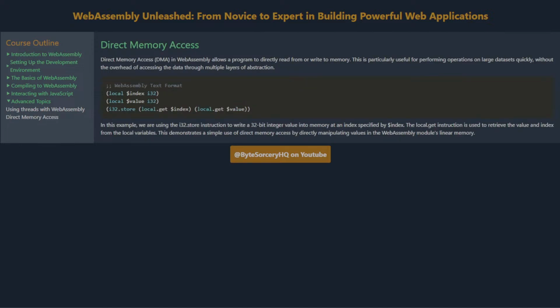Direct memory access and shared memory. Direct memory access, DMA, in WebAssembly allows a program to directly read from or write to memory. This is particularly useful for performing operations on large datasets quickly, without the overhead of accessing the data through multiple layers of abstraction. In this example, we are using the i32.store instruction to write a 32-bit integer value into memory